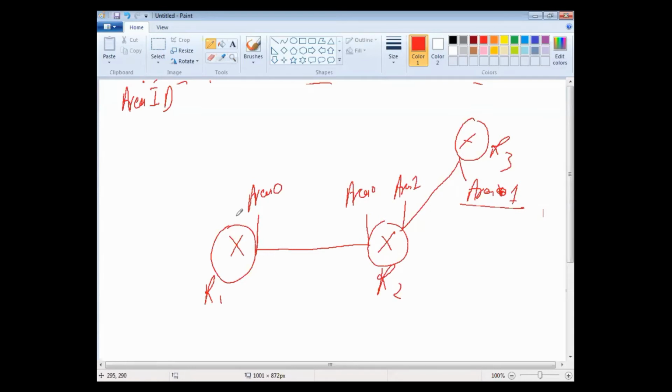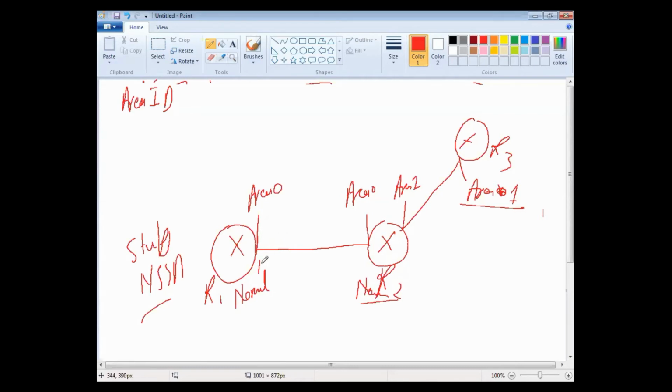Then the area type. There are several types of areas like stub area, totally stubby area, NSSA, or the normal area. If this is in a normal area, this must be in a normal area, sorry. Only then can they be neighbors. One more thing, the prefix and subnet mask.